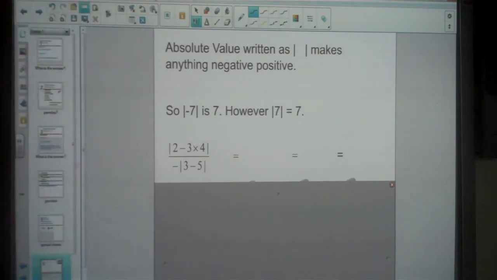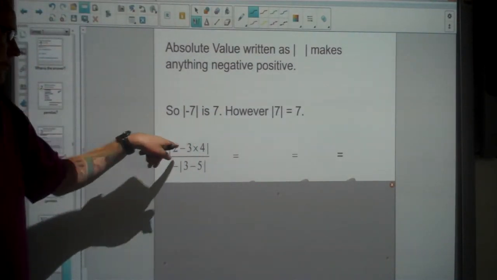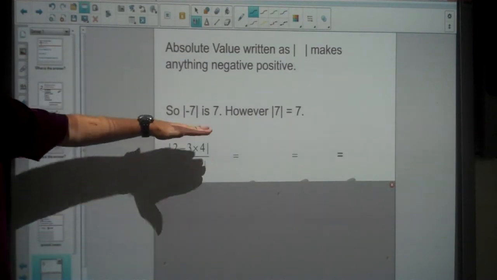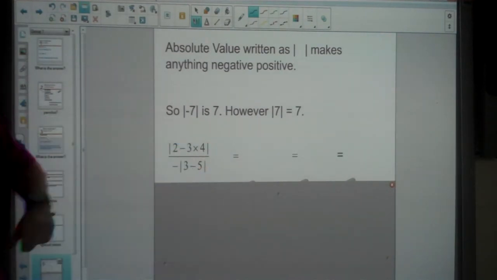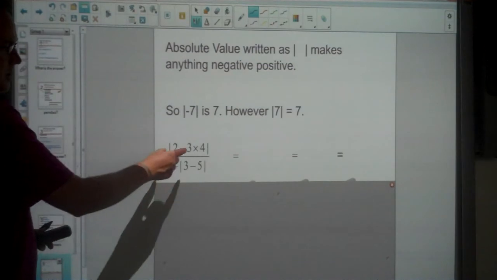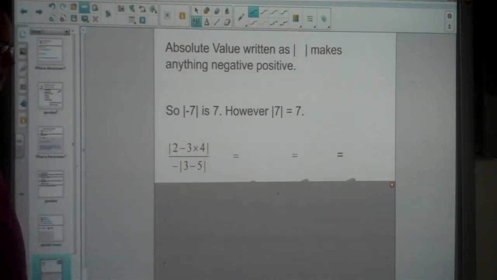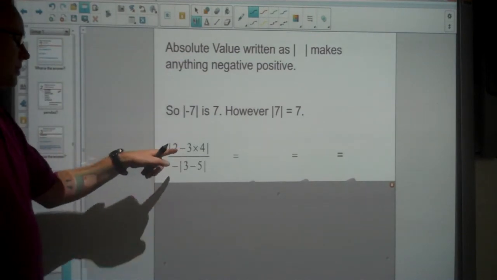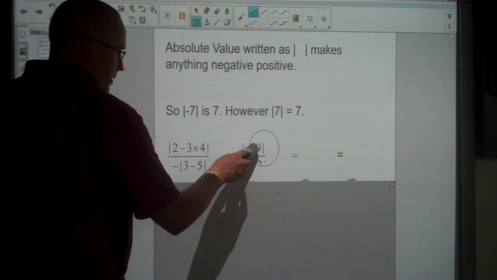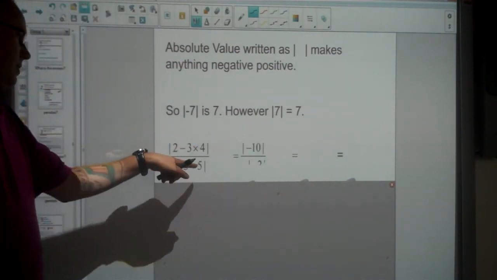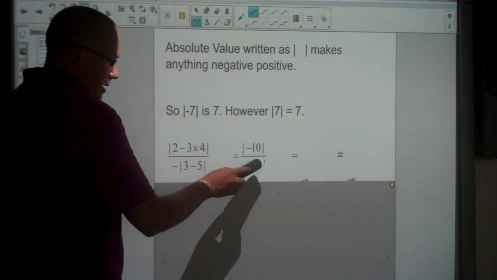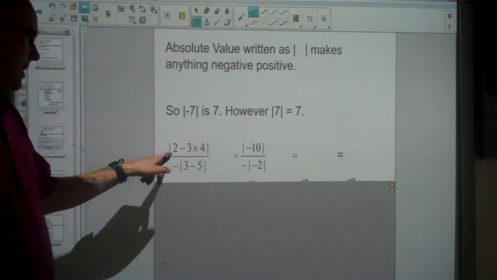So if you had a longer question like this, then you would still do the absolute value, do the grouping part, but notice this is a fraction question as well. So we work out the numerator first. Order of operations within the numerator is multiplication before subtraction. So 3 times 4 is 12, and then subtraction, 2 take away 12 is negative 10. And for the bottom, 3 take away 5 is negative 2, and we've got the negative of the absolute value